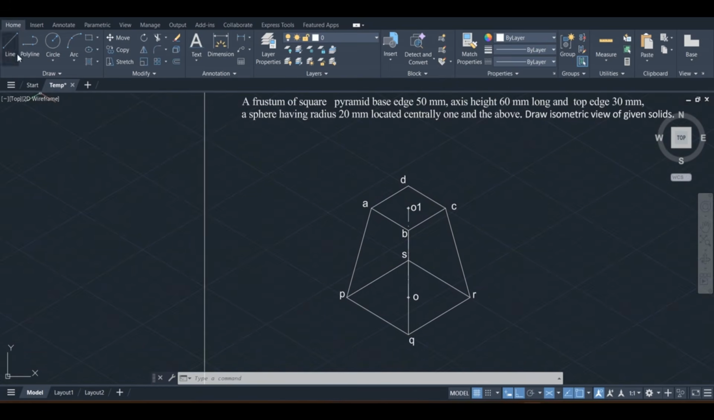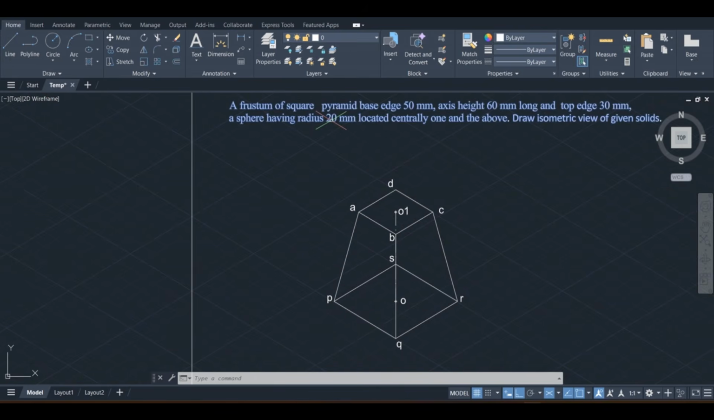Okay, so next we have to draw the sphere. The sphere radius is given as 20 mm. Now to locate the center of the sphere from this point of the axis, we have to calculate the isometric length of the radius 20. For that I am using the calculator. CAL, enter 20 multiplied, use the star mark asterisk, multiply with the conversion factor 0.815, press enter, and the answer will come here: 16.3. So now take a line, change the line type to axis,